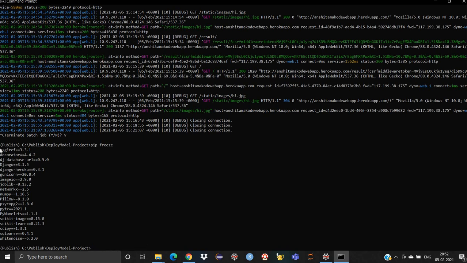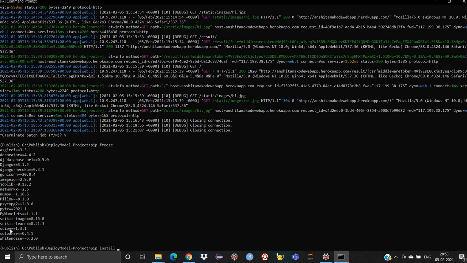I'm not going to do this because I've already created my requirements.txt. For example, if you have the scikit library inside your project, but you don't have it inside your requirements, then it will definitely give you an error. To include the scikit library in your project, you just need to pip install the same thing.